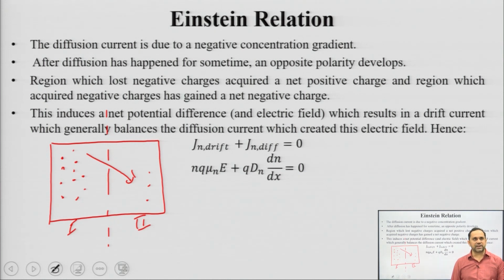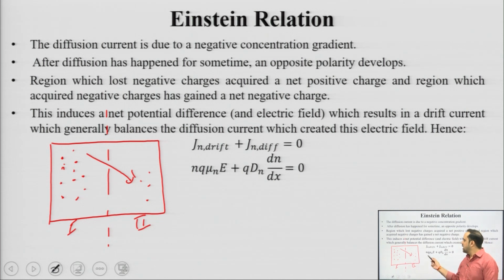So, I have generated some potential difference inside this material. Because of diffusion, a small potential difference is rising. The region which lost electrons gained some positive charge, and the region which received these electrons gained a small negative charge. So, this induces a net potential difference, which is nothing but an electric field. Now, this electric field has not been applied, but it is induced. It is an intrinsic electric field. The direction of this electric field is from here to here, positive to negative,